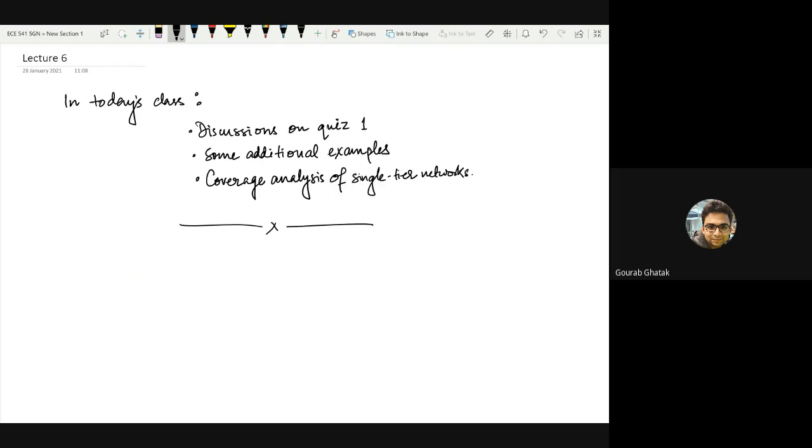I'll give you a couple more examples of this Poisson point process, especially a single point process, not phi one and phi two. I hope you are trying the examples and the homeworks that I am giving you through the class yourselves. If not, it is best for you to just try it out, and if you are not able to work on it, just let me know. We can have a meeting.